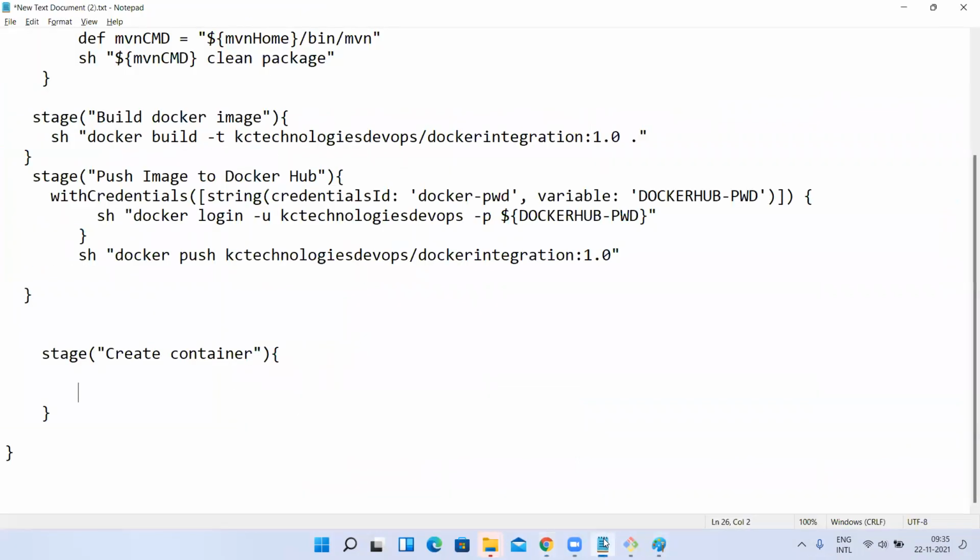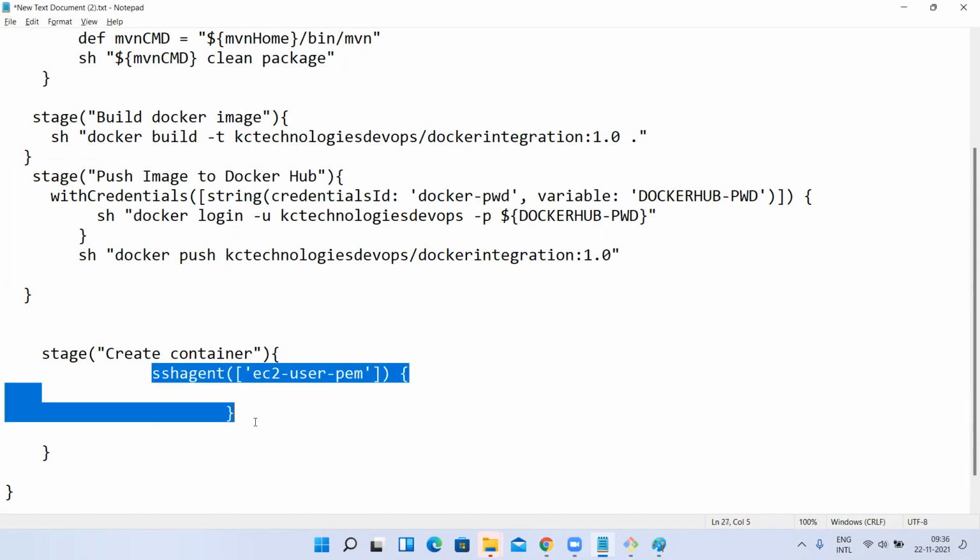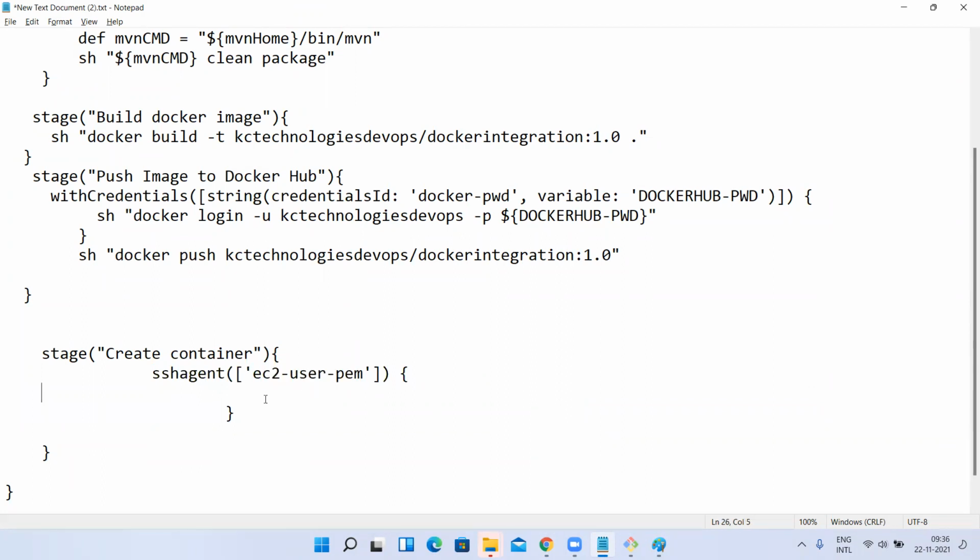Take it and put it inside the script in your stage. That's it. Inside that block, using those credentials, your Jenkins will allow whatever you have written to execute on this machine. For this ID you have given the credential, so whatever you pass here, it will allow with these credentials on this host.